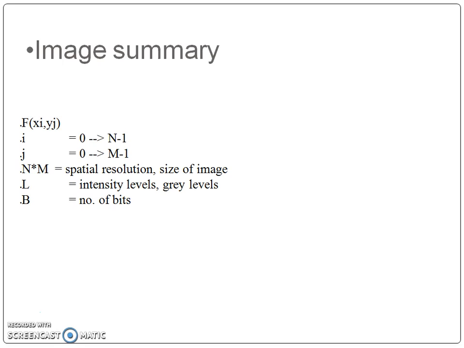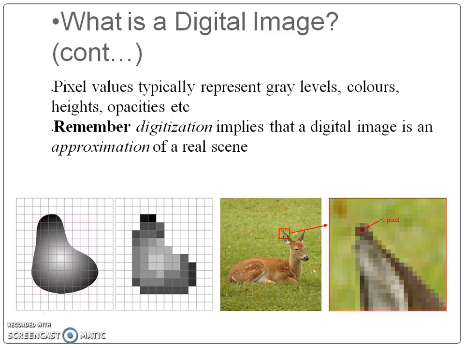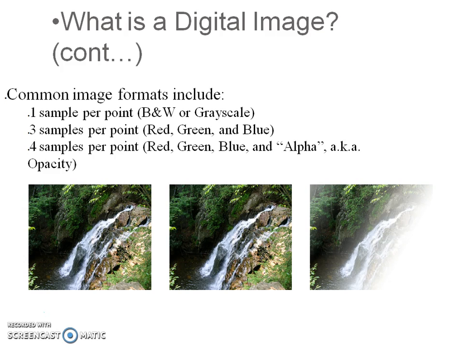L indicates the intensity levels and B indicates the number of bits used to represent each pixel in that image. Basically, each pixel value typically represents a gray level, color, height, or opacity. The image is stored as 1 pixel per point, also called a black and white or grayscale image, or 3 pixels or 3 samples per point, that is RGB, red, green and blue,